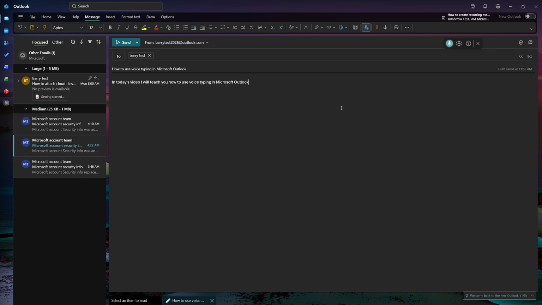Now, if you're using Outlook on a Mac with Microsoft 365, you have two easy options. Option 1 is built right into Outlook. Open a new email and click Dictate in the ribbon at the top. The microphone will activate and you can